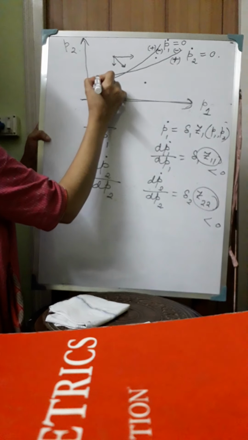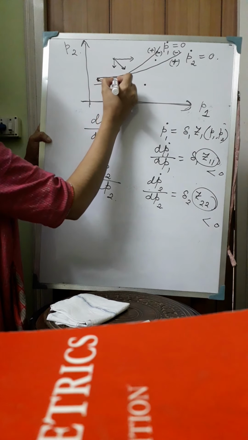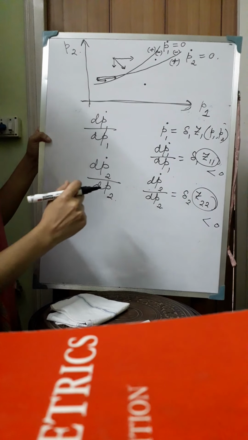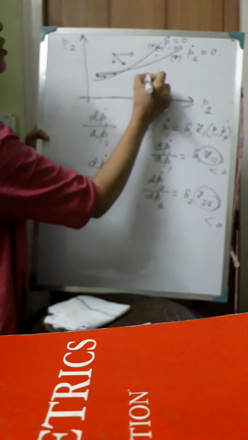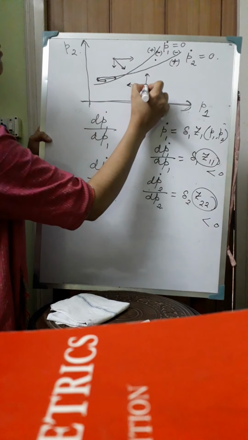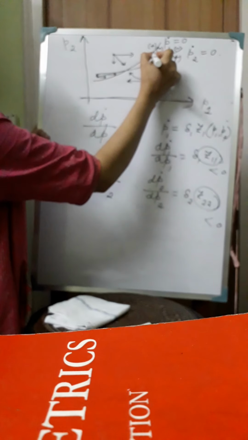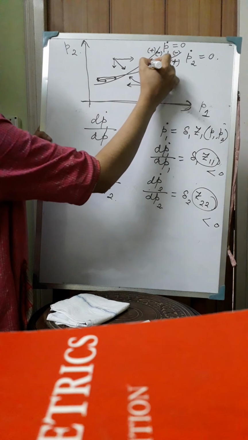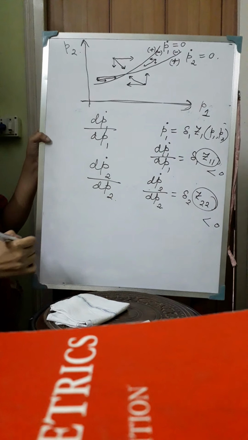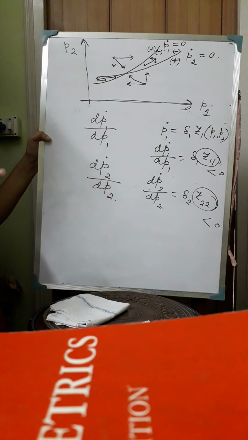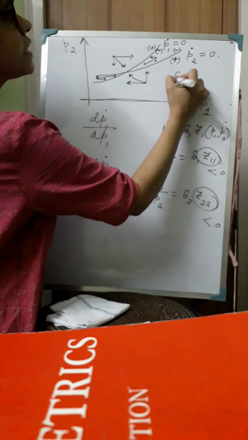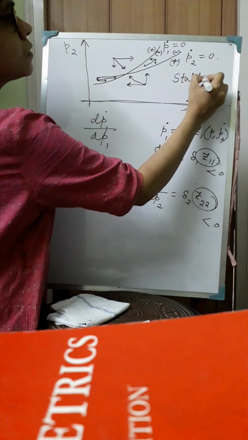Now the same will be true here. The resultant path will tend towards the intertemporal equilibrium, and here also the resultant paths will proceed towards the intertemporal equilibrium. So here we are getting the stability of the intertemporal equilibrium, the dynamic stability of the intertemporal equilibrium. So this is a case of a stable node.